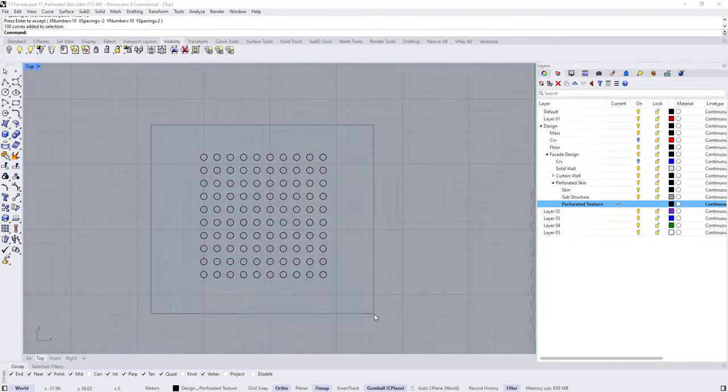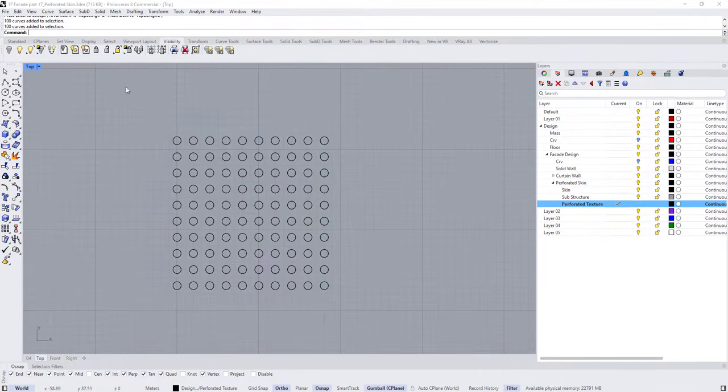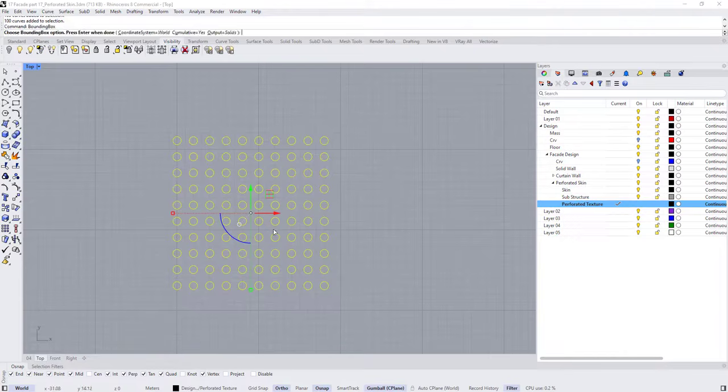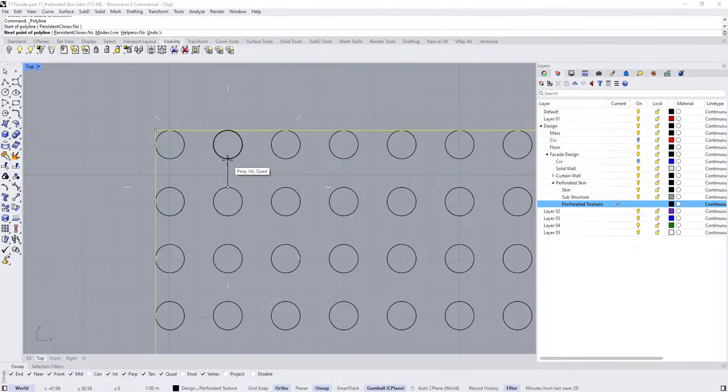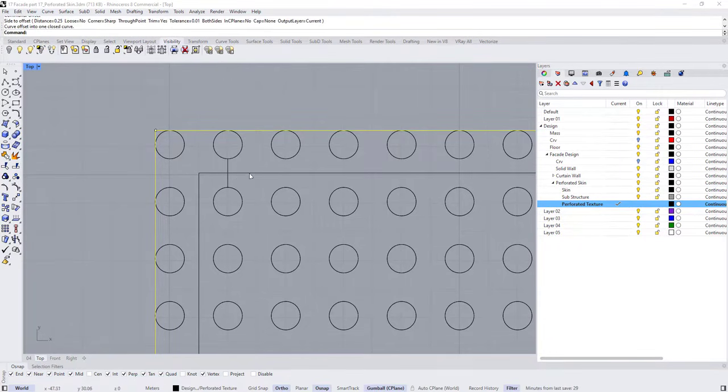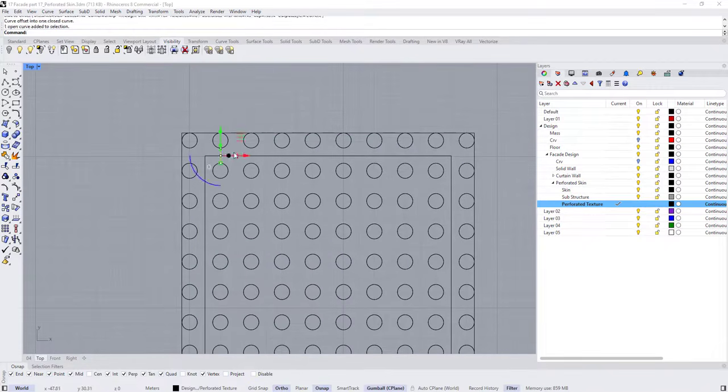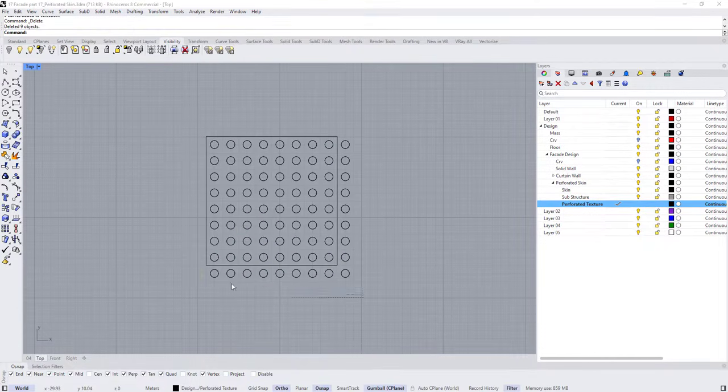So here's our spacing. Now I'm going to select all of this and type bounding box. So you have this bounding rectangle. Now, to make sure it's seamless, I'm going to draw a reference line here. The distance from here to here is around 1.5. So I'm going to create an offset, type offset, with the value of 1.5. So this is in the middle. And delete this rectangle, and delete all these extra